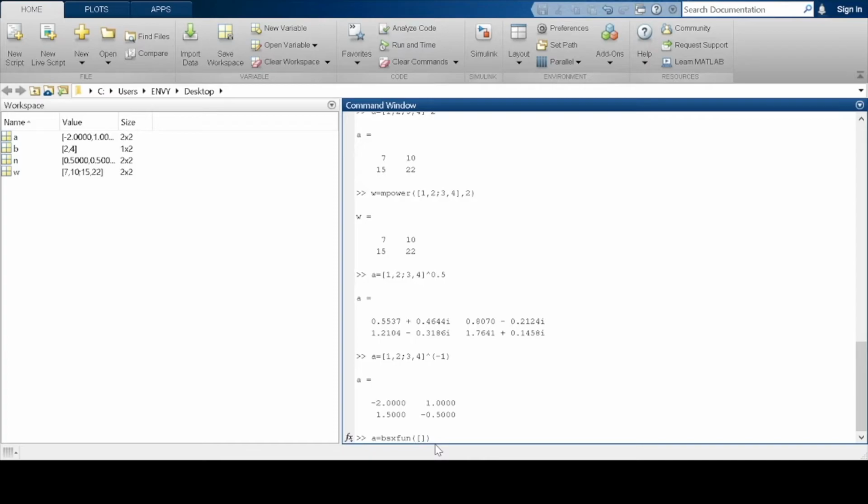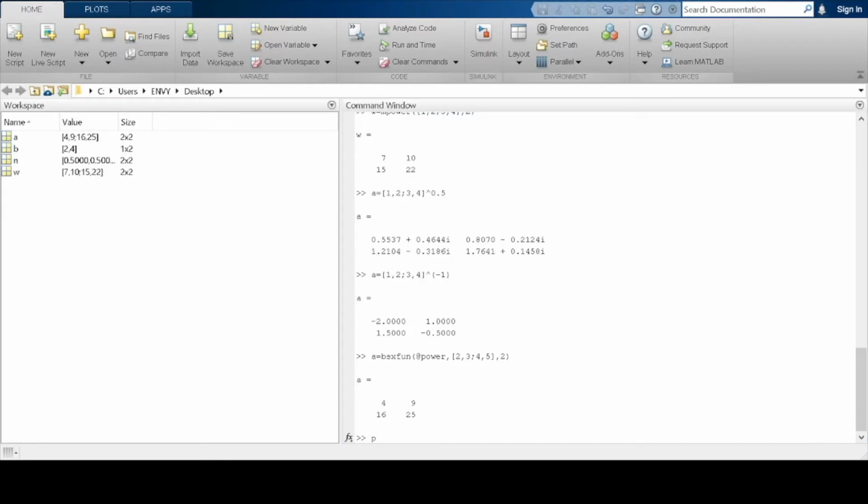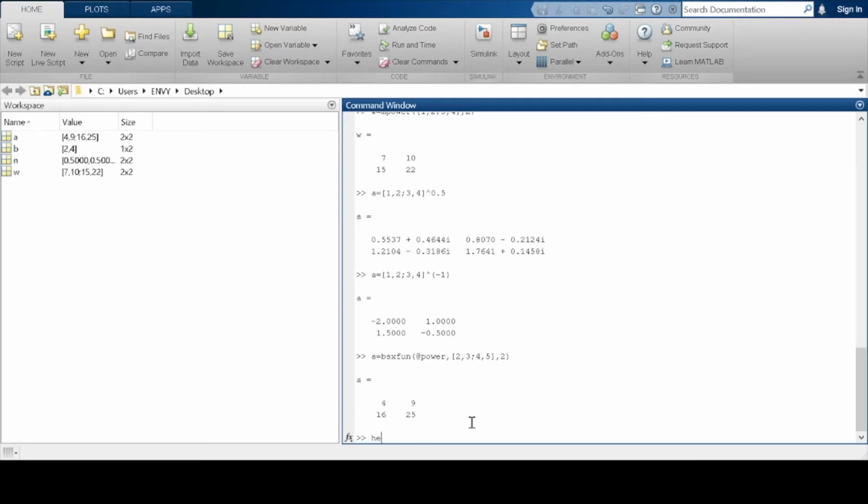Like raising every element to a power. So what we do is, so the function is, sorry, to avoid confusion, I used parentheses for the -1. I've shown you various examples of how to use the bsxfun function. So it's used to perform tasks element by element. So we can get the various list.